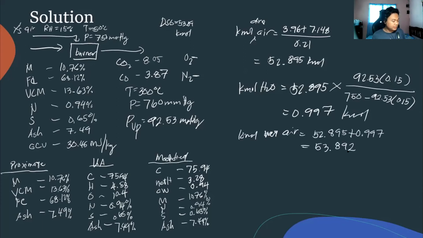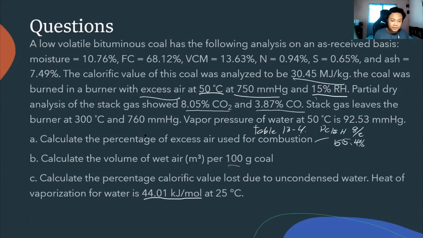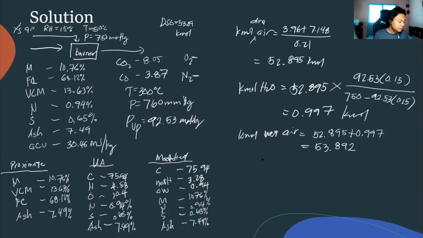It's equal to 53.892. So now we were asked for the volume of wet air per 100 grams of coal. So, di ba? What we'll do is to